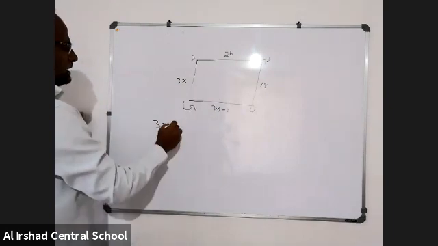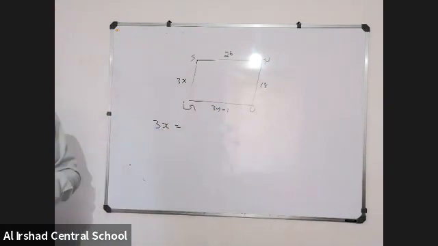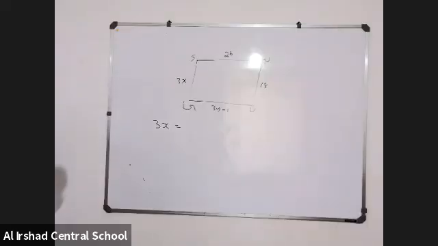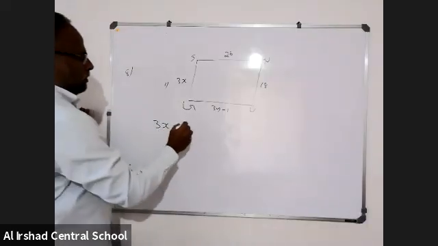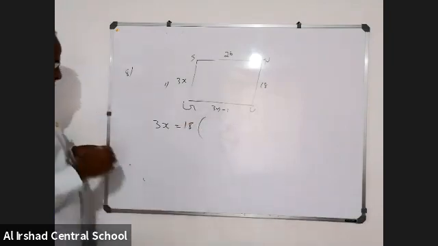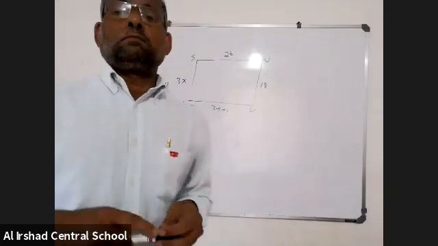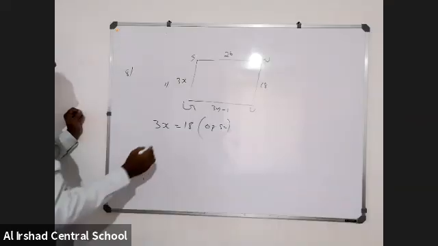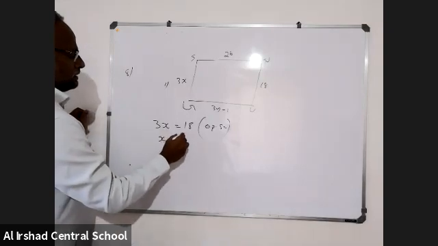In a parallelogram, opposite sides are equal. 3x is equal to 18. Why is 3x equal to 18? Opposite sides of a parallelogram. We have to say it's a parallelogram. Opposite sides are equal. Next one do. X is equal to 18 by 3. That means 6